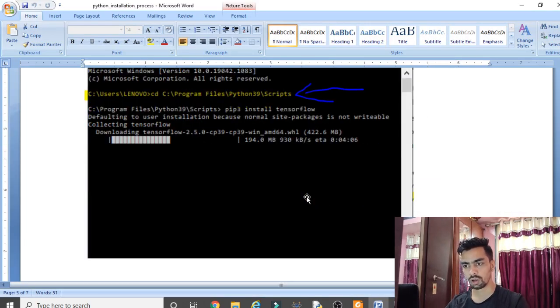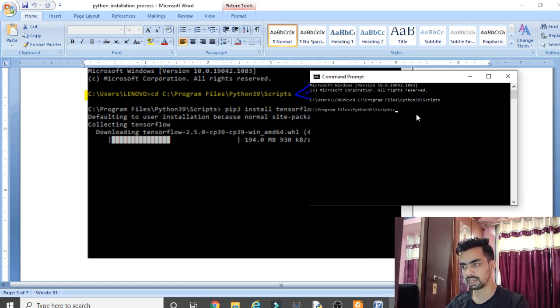Once you go to that path, you have to load the TensorFlow library in Python. If you want to install that library, type this command: pip3 install tensorflow.